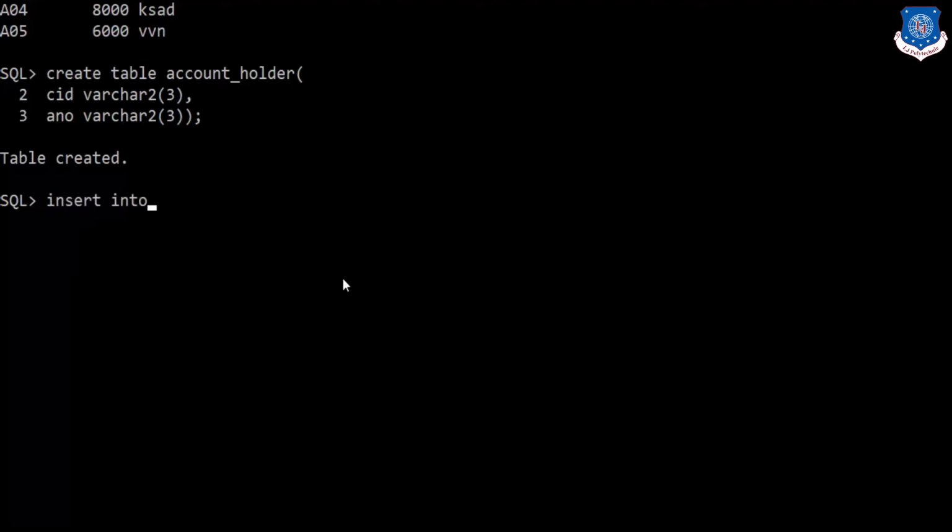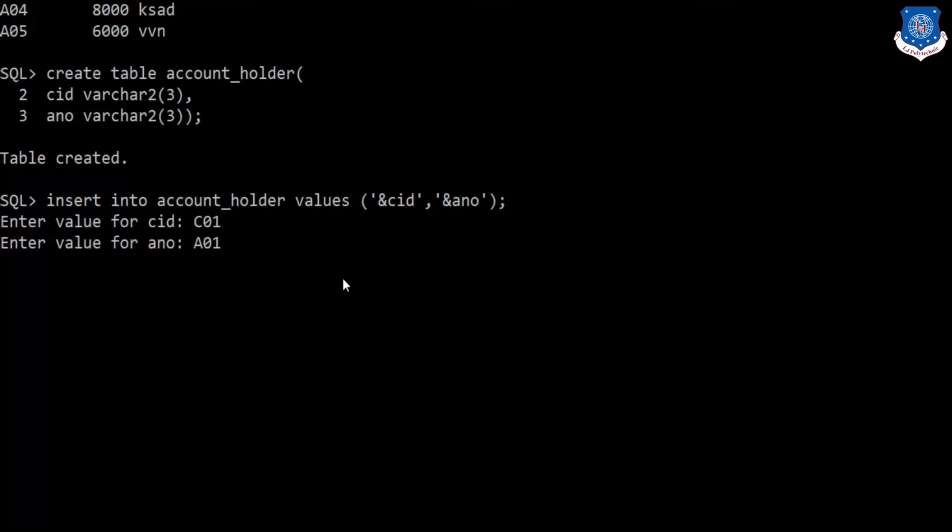Let's insert data into the account holder table using insert statement. Insert into table name which is account holder, then values and specify column list which is customer ID and account number. Customer ID is C01, account number is A01.